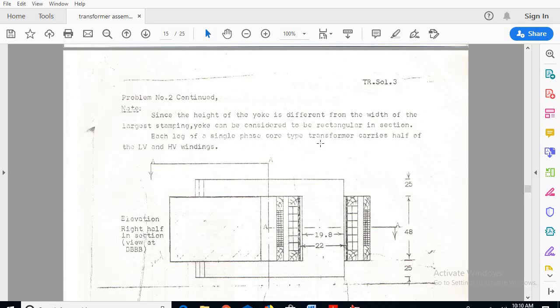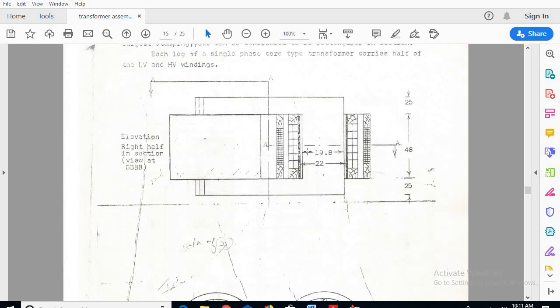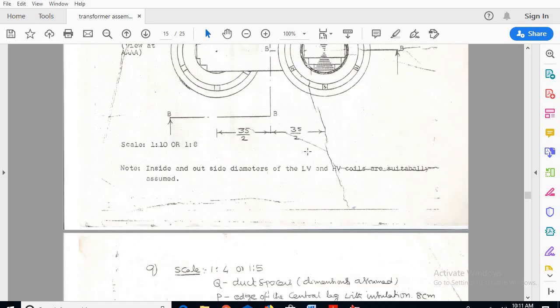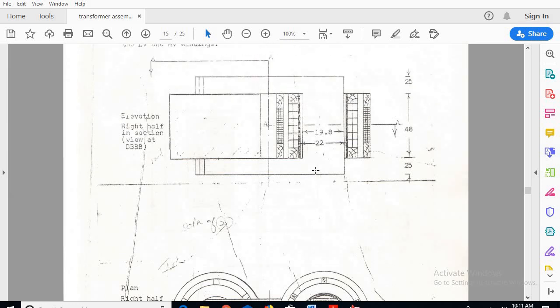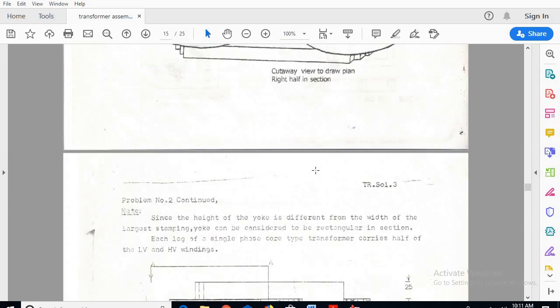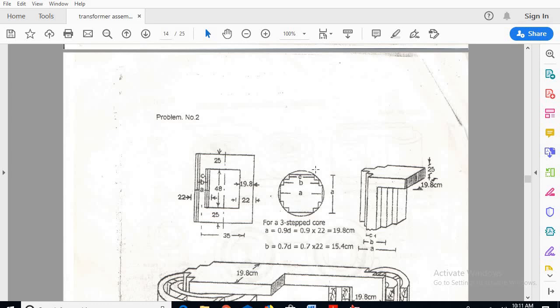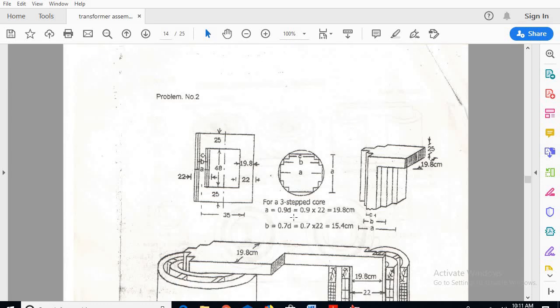Each leg of a single phase core type transformer carries half of the LV and HV winding. Since he has not given the LV and HV inner layers and outer layers, inside and outside diameter of LV and HV are suitably assumed. Now before going to AutoCAD and drawing, please go for the calculation.